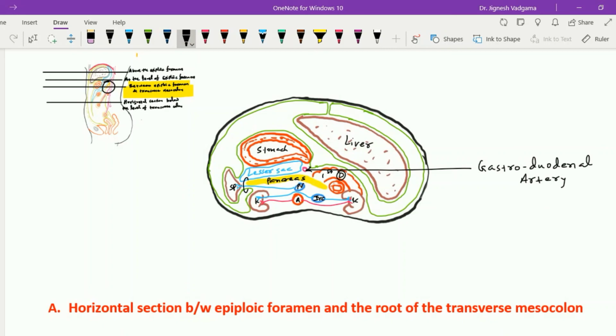So here we can appreciate this ligament. It is the lienorenal ligament, and this lienorenal ligament has two important contents. One is the tail of the pancreas and another one is the splenic vein. And here this ligament is the gastrosplenic ligament. So we have learned all the horizontal sections of the peritoneum. So after having the vertical dissection and the horizontal dissection of the peritoneum, we can nearly orient ourselves with the peritoneal covering of the abdominal cavity.